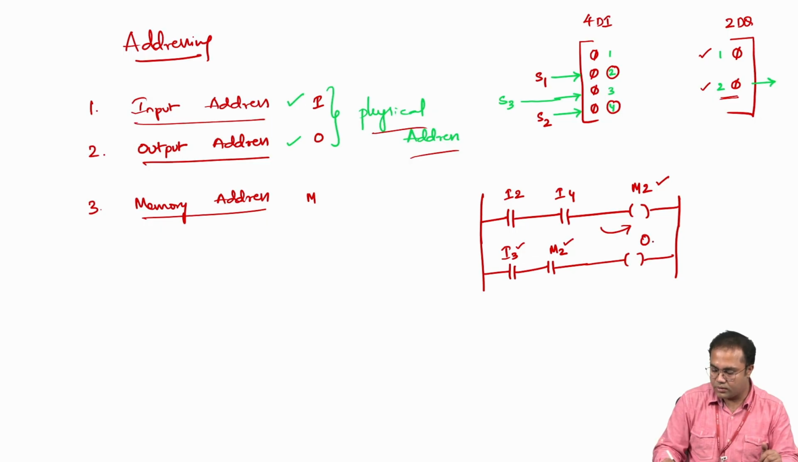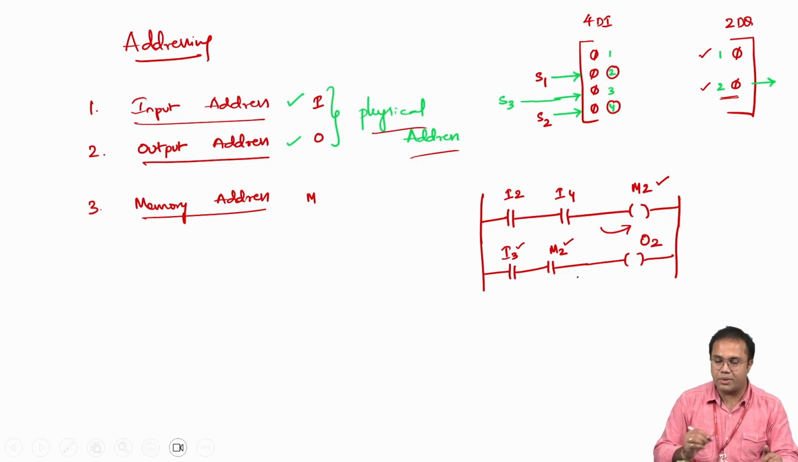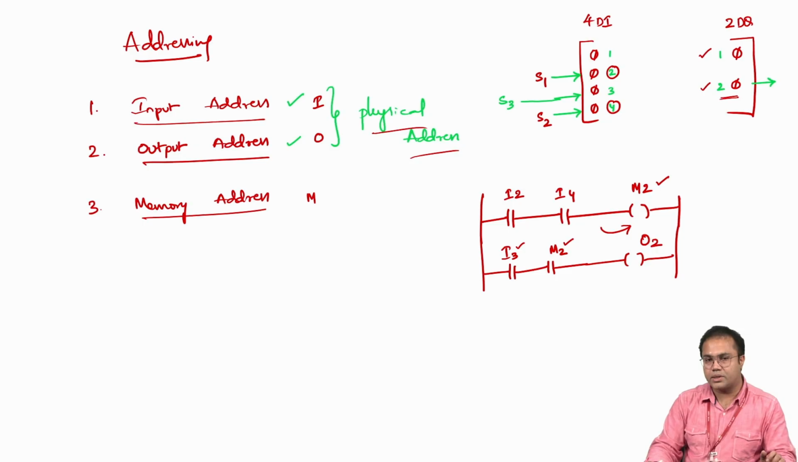So O2. Got it? So here what I did is the temporary I2, I4 result I'm putting in M2 memory. Later I'm using that memory, and again I'm comparing with the physical address. So once the decision is made, then I'm sending it to the O2. Right? So these memories will help you in many ways, like in later sessions, in some logics, in some process,